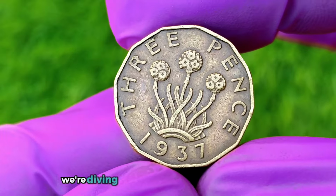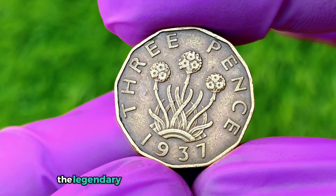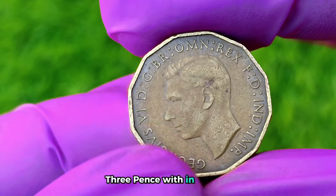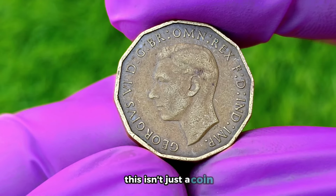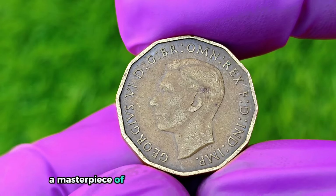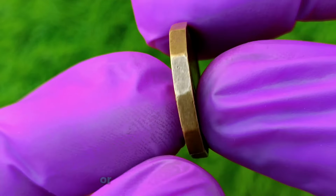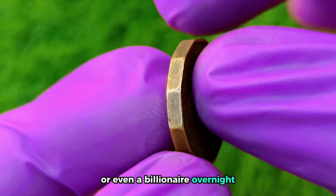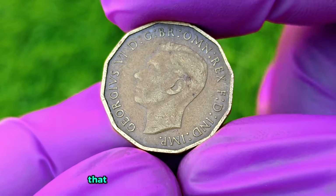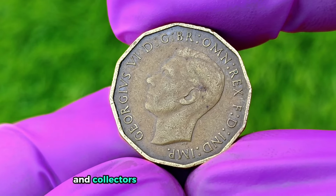And secondly, we're diving into one of the most mind-blowing numismatic treasures ever struck. The legendary 1937 George VI bicentennial threepence with Ind Imp. This isn't just a coin, it's a gateway to unimaginable wealth, a masterpiece of history, and a rarity so extraordinary that it could make you a millionaire, or even a billionaire, overnight. If you're holding this coin, you're not just holding metal, you're holding a fortune that most people can only dream of. The market is desperate for this coin, and collectors are willing to pay top